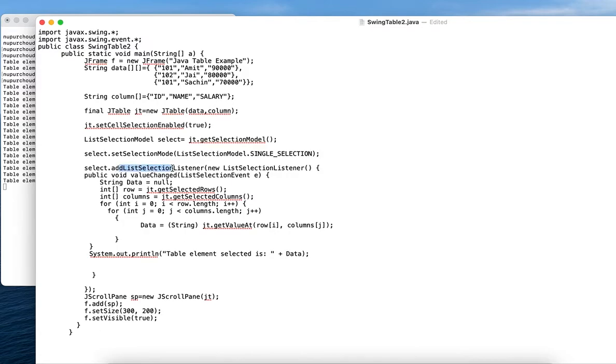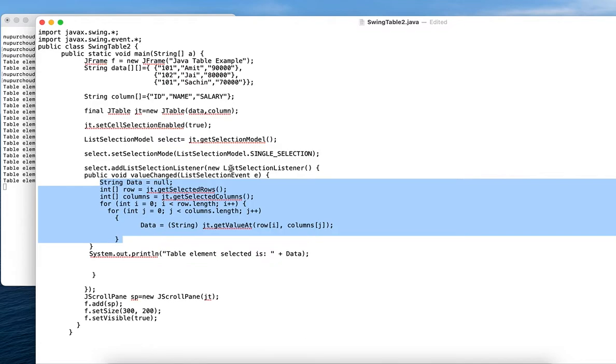After we use add list selection listener, which listens to any event occurring within that particular list, immediately the value changed method is invoked, and it passes the value as list selection event E. So E will capture the event which has occurred, and it will enter the definition of this particular method which we have defined here.